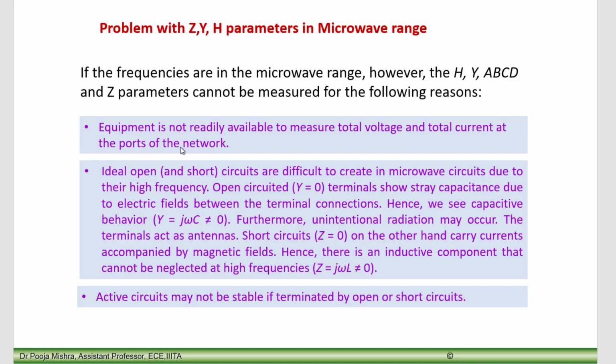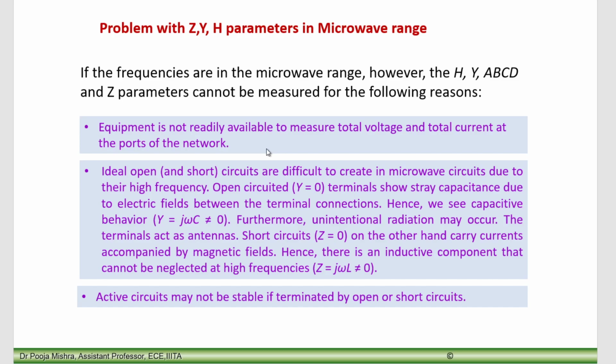The first thing is the devices that we use in the microwave range. You might have seen in your laboratory that the devices we use in the microwave lab are not able to measure total voltages and currents. They are actually picking up the reflected or incident voltages. They are not measuring total voltages for any port. They measure the instantaneous voltages picked up at that particular time, and these are not total voltages. These are incident or reflected voltages which are measured by these devices.